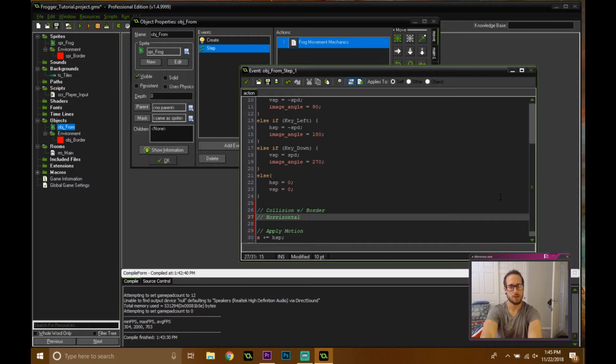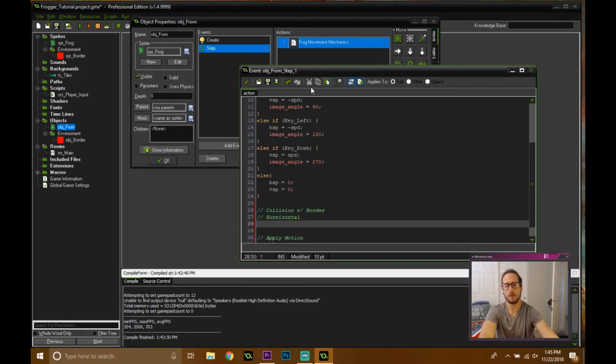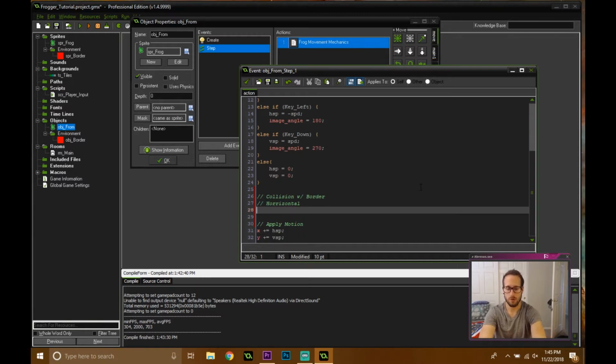Actually, I'm going to do this differently. We're just going to do it now. We're going to fix it when we get to the logs. So vertical and horizontal will be the same for now, but we still have to draw them separately. So horizontal, we're going to check for place. Oops, I'm sorry. If,